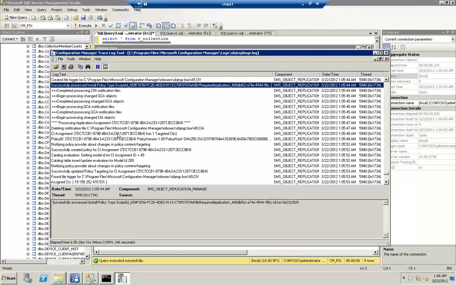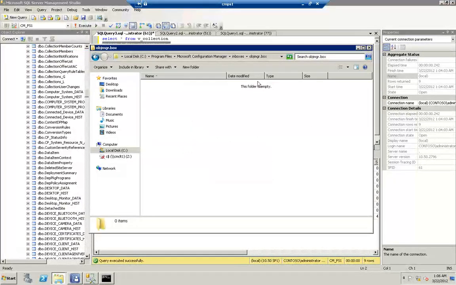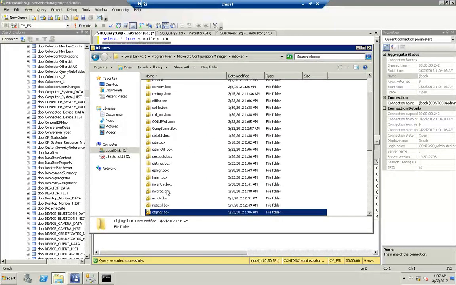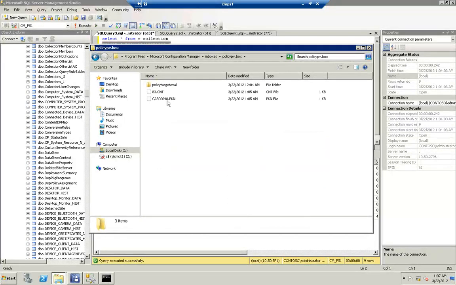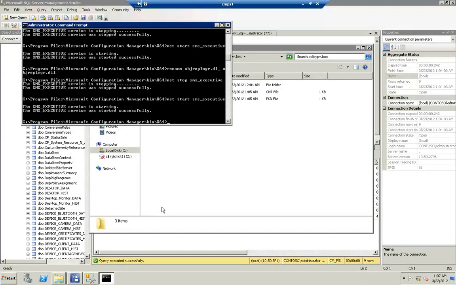But again, if you look at this, you would think that this thread itself created the policy. That's not what did it. We actually have the policy provider thread that we can look at. So if we look at the policy provider inbox, which is currently disabled, we can see a couple of flag files waiting there to carry out work. Here they are. All right, so if I go and re-enable that,